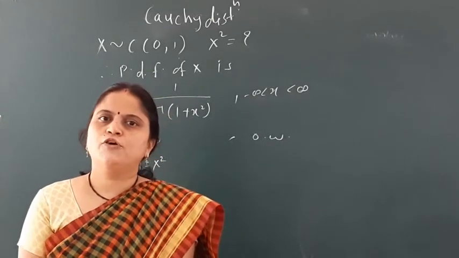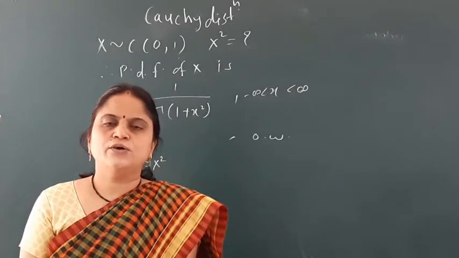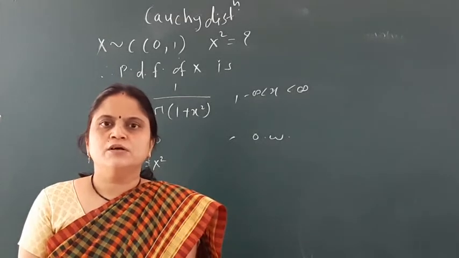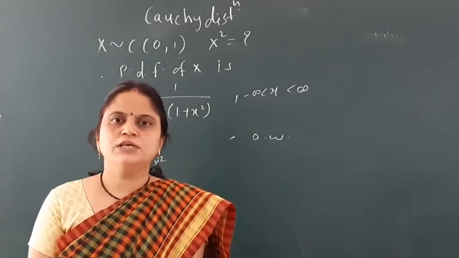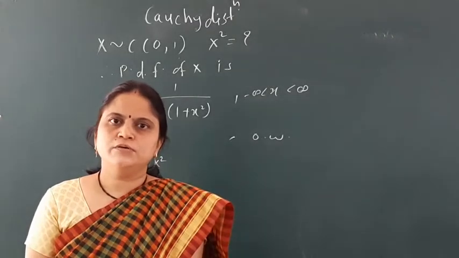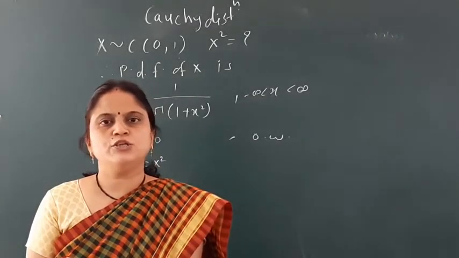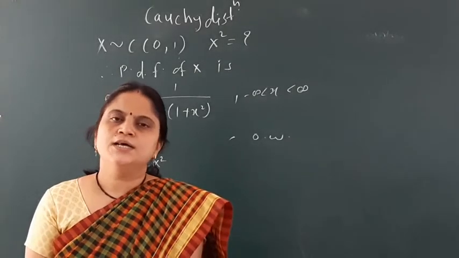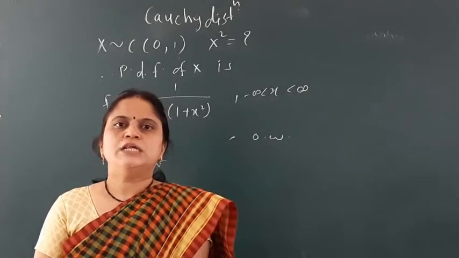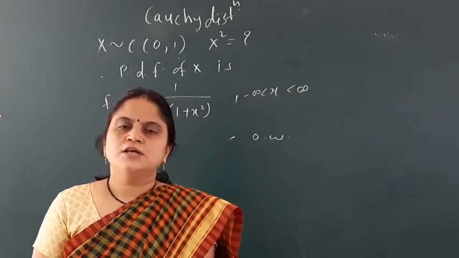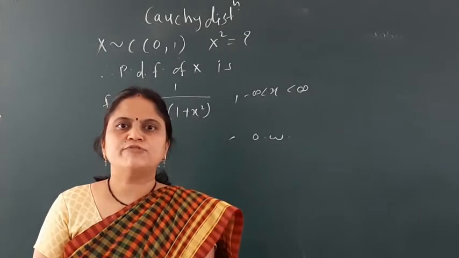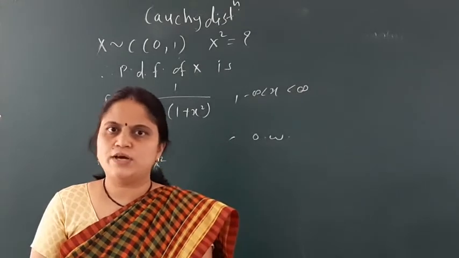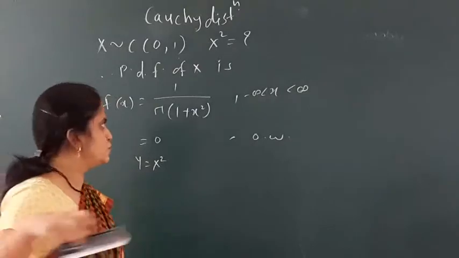Out of these 3 methods, I use the second method, because the distribution function method is used when the function for which we want to find the distribution is non-monotonic, that is, one to many or many to one. X square is a non-monotonic function, hence we are using the second method, the distribution function method. The name itself suggests what it means. The distribution function method is nothing but finding the distribution function of the given function. That is, we need to find the distribution function of X square here.